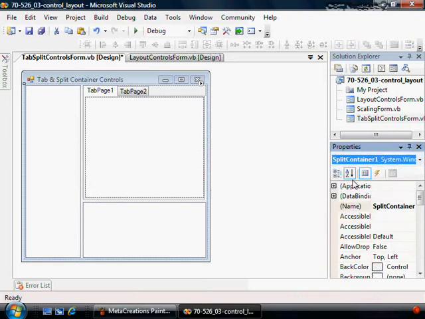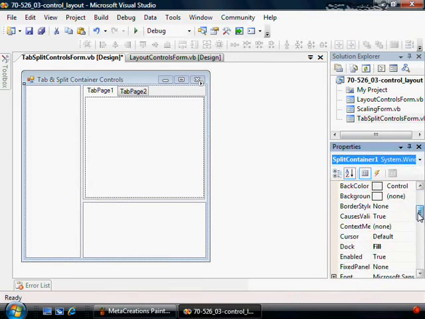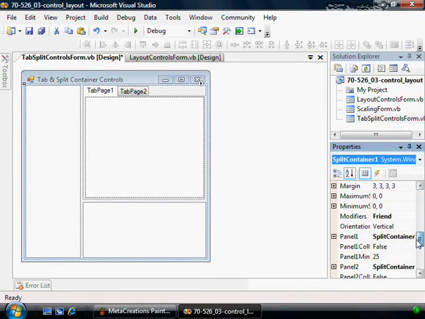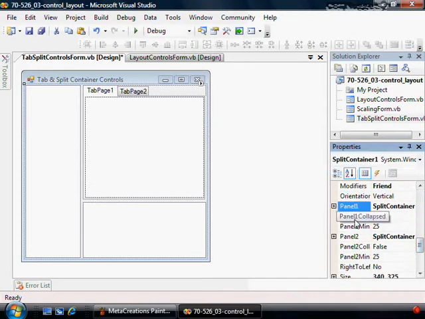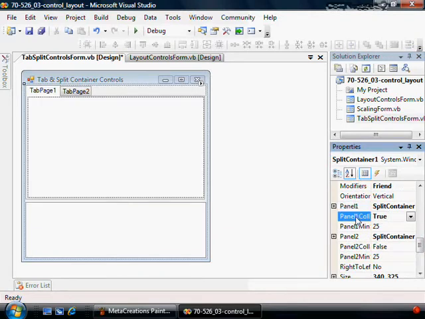and choose split container 1. As I mentioned, every split container contains two panels, panel 1 and panel 2, and you can see there's a property down here for panel 1 and panel 2. And you can actually collapse these panels too so they don't even exist. You can see that I double-clicked on it, turned it to true, so panel 1 is collapsed right now,